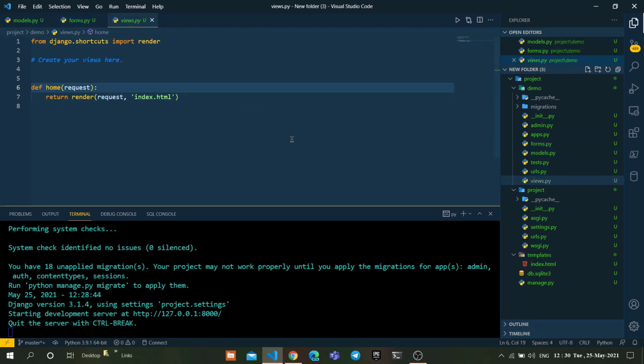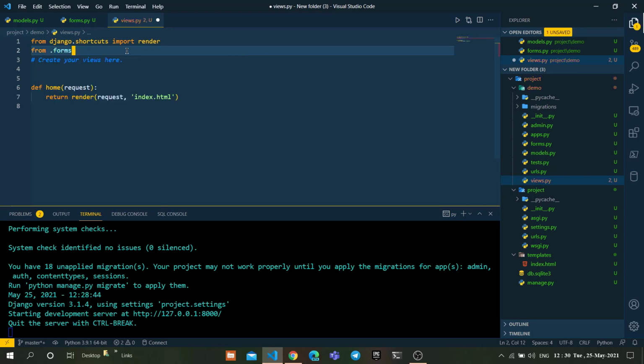Again, go to the views.py and modify the code a little bit. Here, from .forms import all forms.